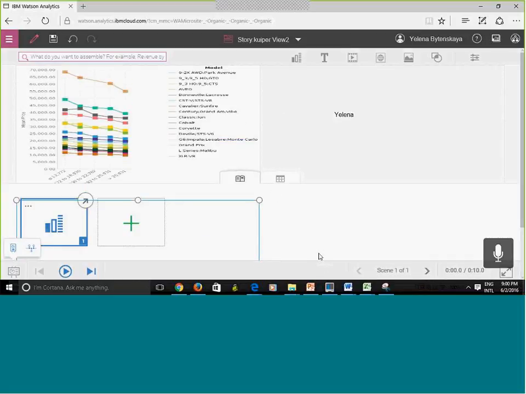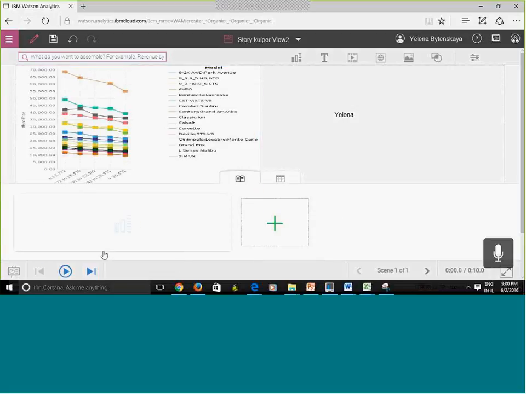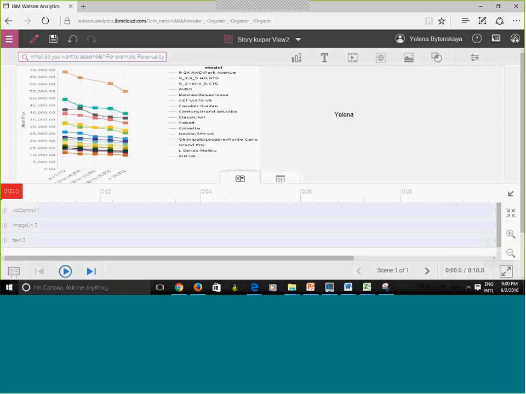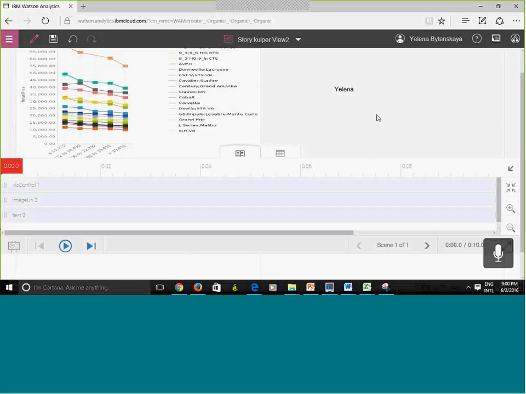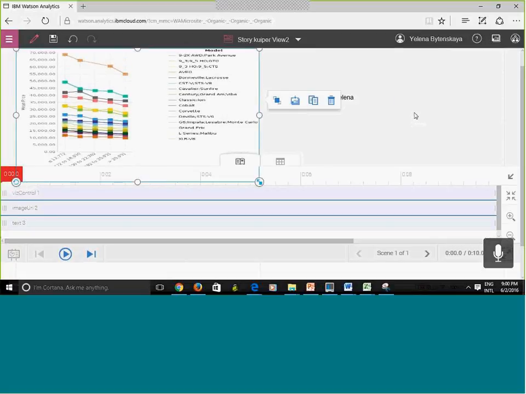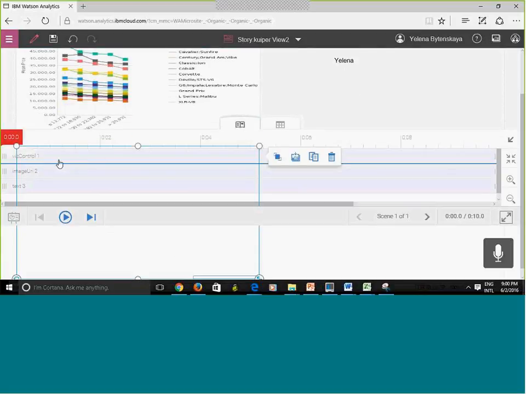For some reason it's not cooperating today, but what you need to do is, one second, here we go, finally. What you'll see here is that for each piece that you have on your dashboard, you see a bar in here. Each bar corresponds to a separate piece, and here is my timeline.